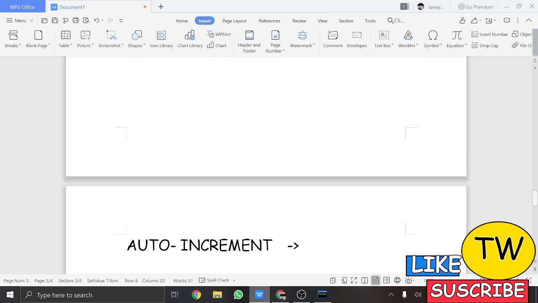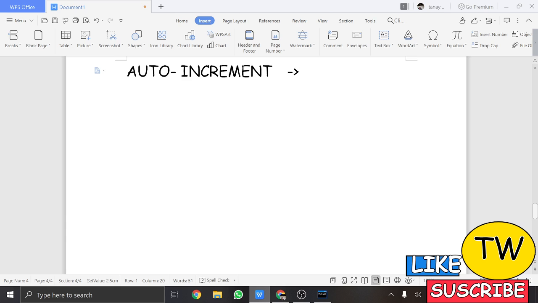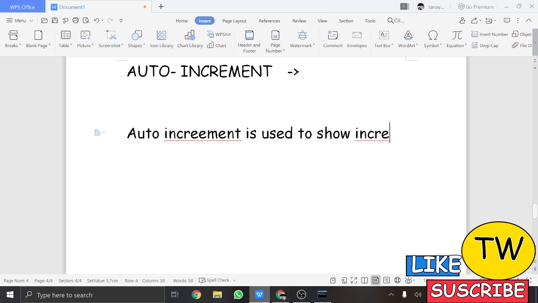Okay, then auto increment. So what is the use of auto increment? So auto increment is mainly used for the roll numbers. For example, I am taking for the roll number. For example, roll number 1. After that, it will come 2. So in auto increment, you don't have to write 1, then 2, then 3. Only if you have mentioned auto increment, then it will be automatically increasing, and you don't have to mention it.